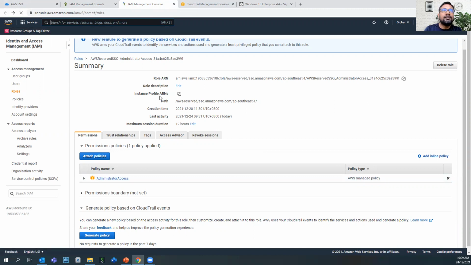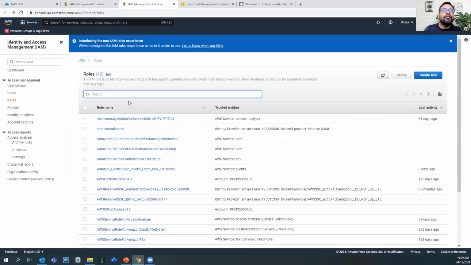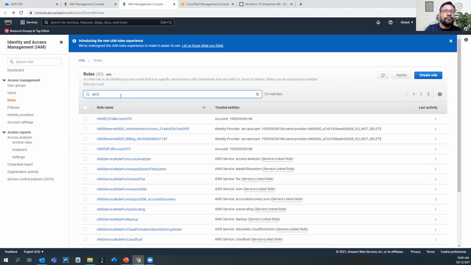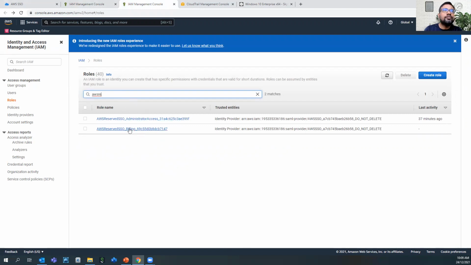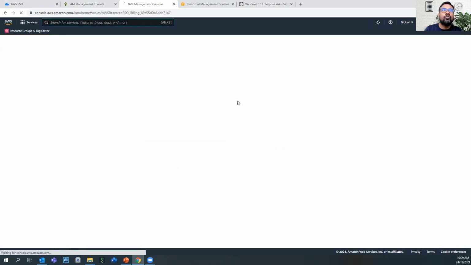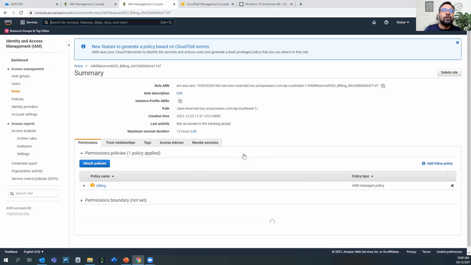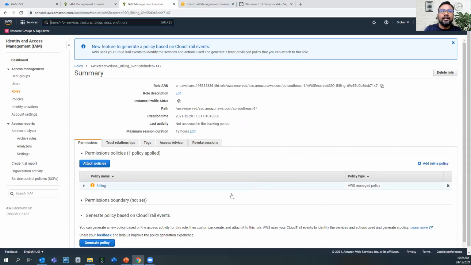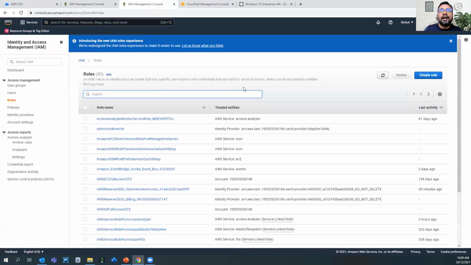Let's double confirm. Let's go to the billing role once. In the billing role also, AWS is just attaching a managed policy. So this is a little bit about the roles and the IDP.